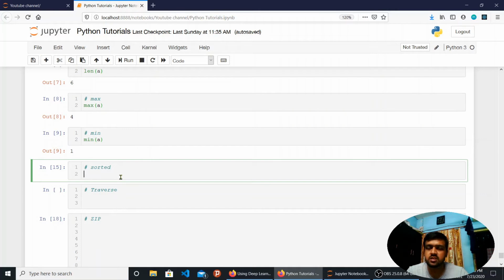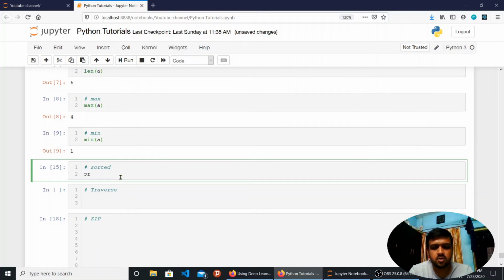Instead, we can use the general sort function, which can take lists or tuples directly as well. We can use the sorted function, not the sort method. So in Python we have the sorted function. What it does is it will take your object, convert it to a list, then perform the sorting operation, and then return that sorted list. So it will not perform the operation in place.